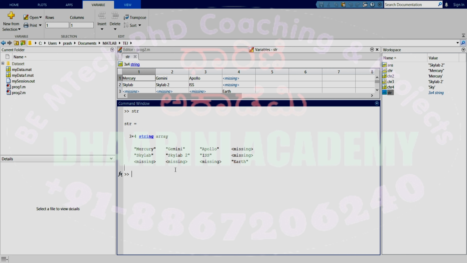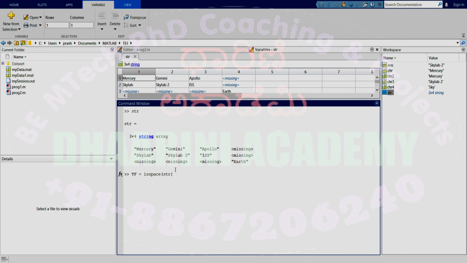So how to check that? I'll assign it to a variable called tf, which is equal to isspace. I have to be specific about what I want to check: the str of